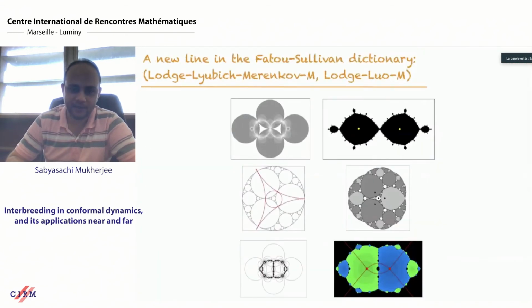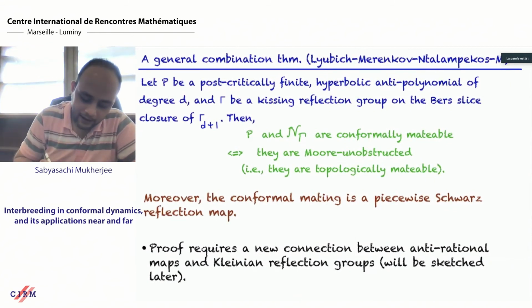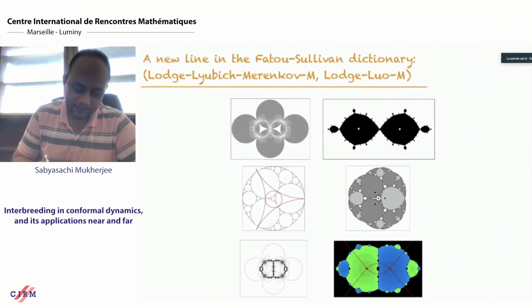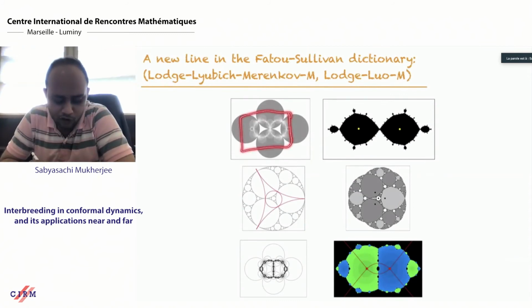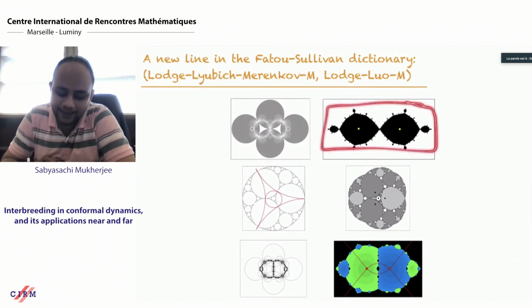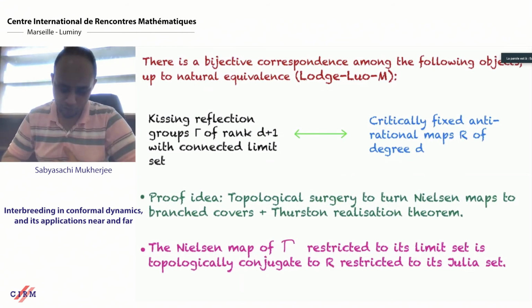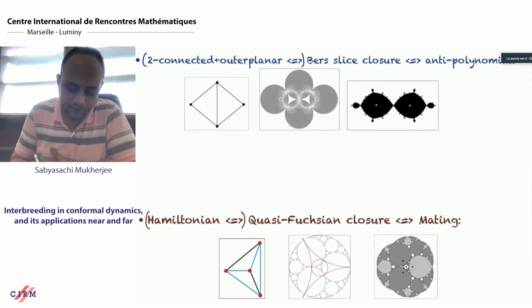The main advantage is that I wanted to mate a polynomial with the Nielsen map of a group lying on the Bers boundary, and instead of mating the polynomial p with the Nielsen map of the group, I'm going to mate the polynomial p with this other polynomial. This is how I can actually get some counterpart of the group in the polynomial world. So I'll come to that, but let me say that